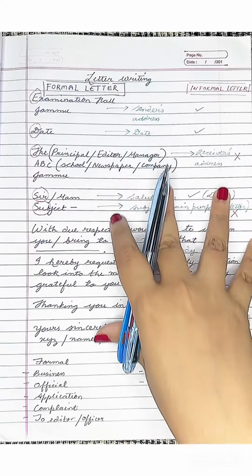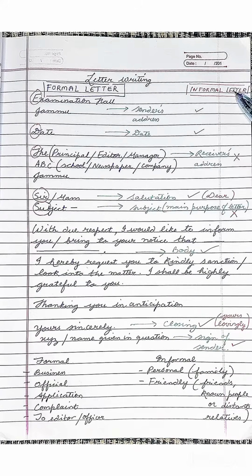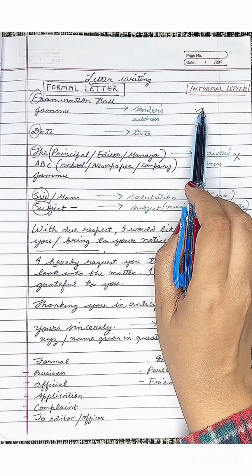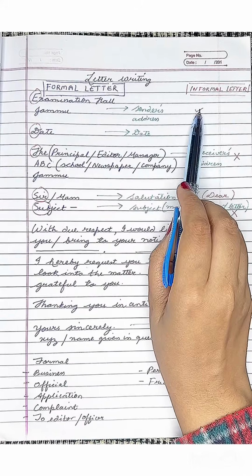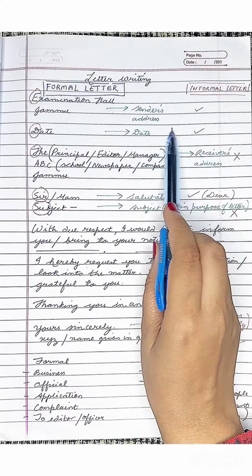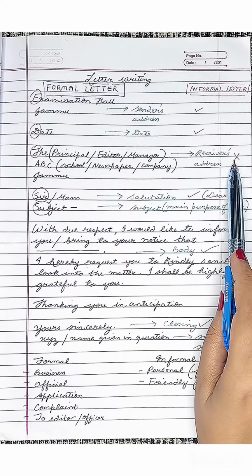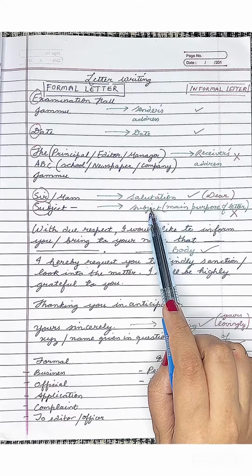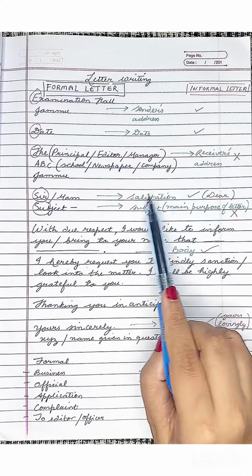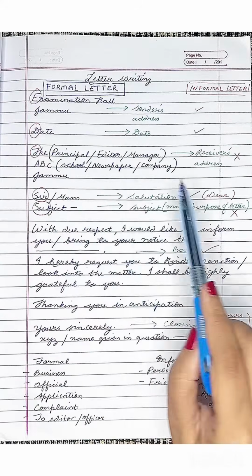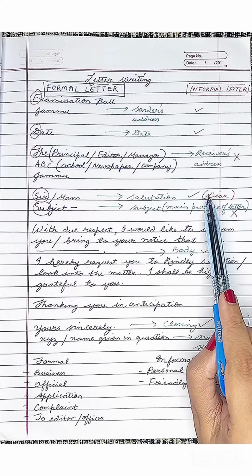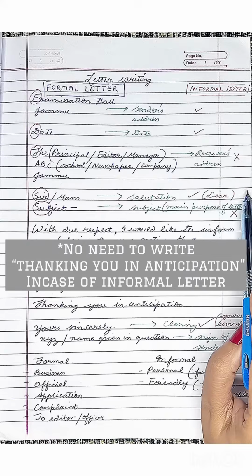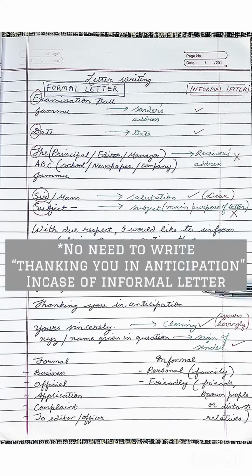Now, a very easy trick to remember your informal letter format is that you have to write the sender's address, which will be your examination hall in this case. You have to write the date, but in an informal letter, you don't have to write the receiver's address. You don't have to write the subject. Salutation you will write, but यहाँ पे instead of sir or ma'am, you will write dear. If you're writing to your father, dear father, dear mother, dear brother, dear uncle, dear friend, that way. And then your body and all will be the same.